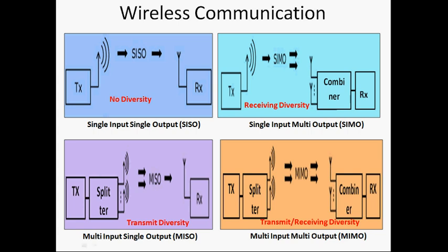But in the transmitter side we need to use one more block, that is splitter, and the receiver side we need to use one more block, that is combiner. This is the basic communication system. In this, MIMO is preferable. Why? Because it is allowing the diversity, that is parallel data streaming.